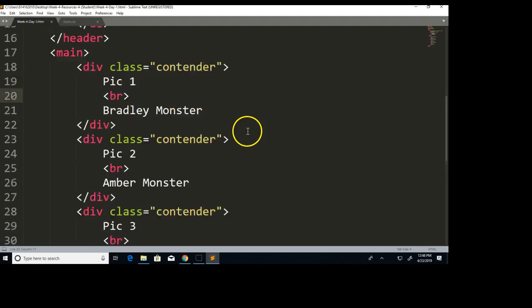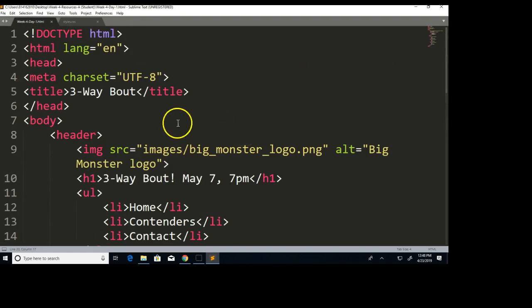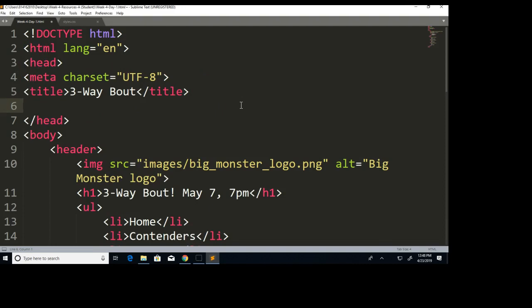If I go back to my HTML page, I want to put up in my head segment the link to this page. It's going to be link href, the actual name of the document,